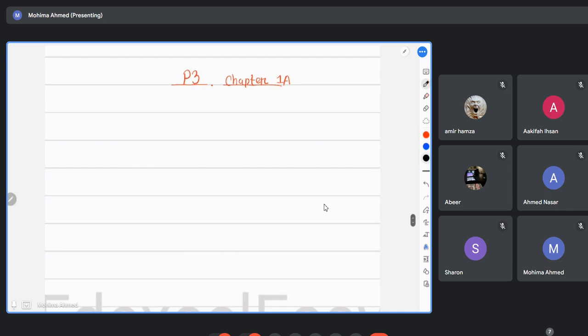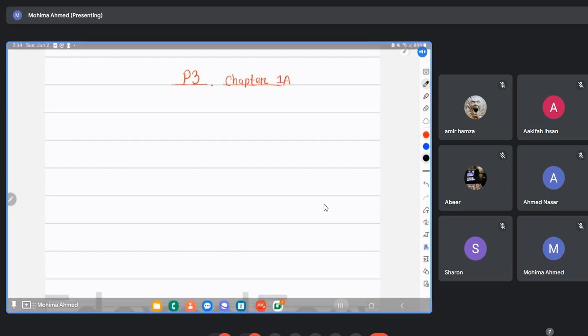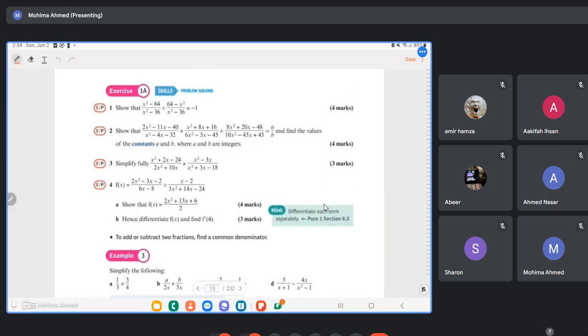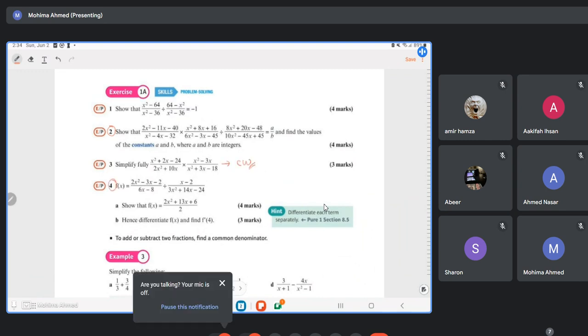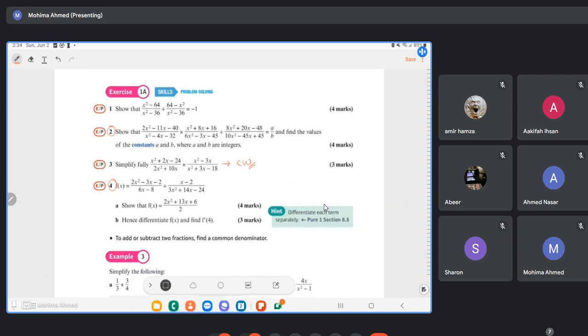1A, by the way. Sorry, I forgot to take a screenshot of the question. This is A by B. I'll complete question 2 and 4 first. Question 3 is going to be classwork for you guys. That's the later part. Let me finish question 2 and 4 first and explain that. After that, you are supposed to do question 3.